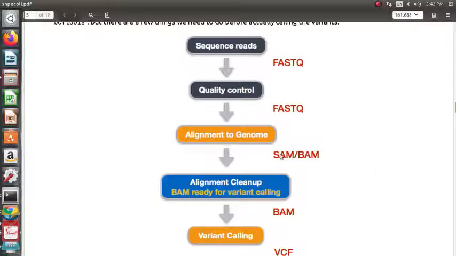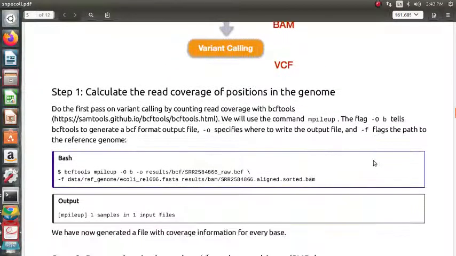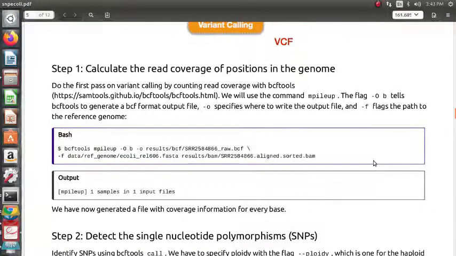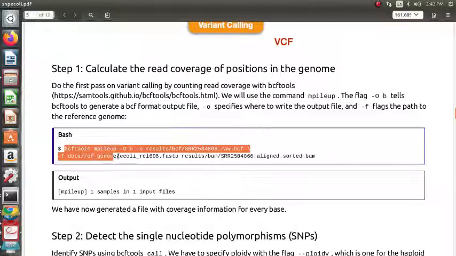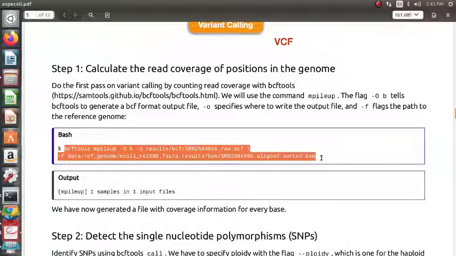Yes, we are up to this stage, right? SAM or BAM. So let us generate the VCF file. The BCF file is always generated with the sorted BAM. So we can do it with all, right? We are doing it with all, and just the samples are different. So we can do it with both.